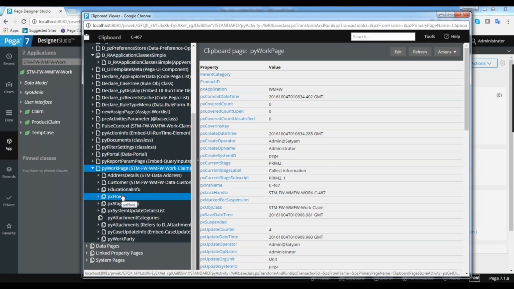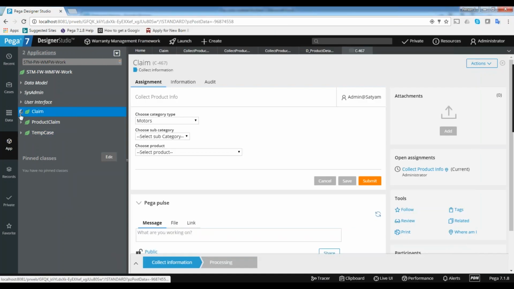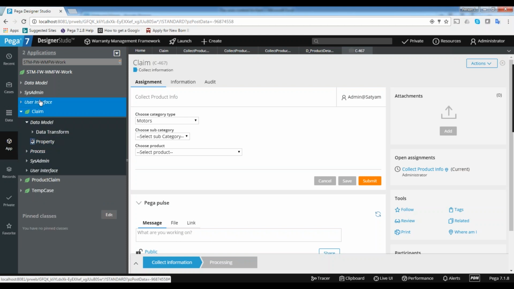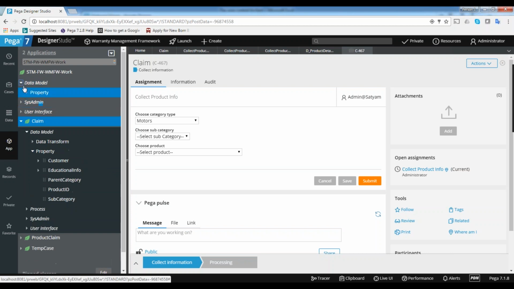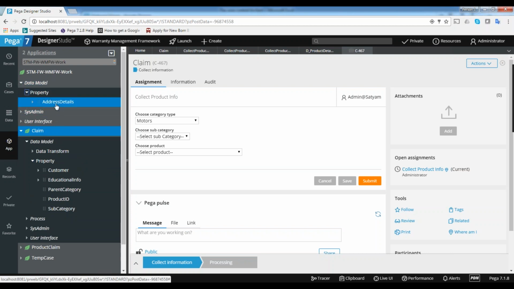So we are embedding address details, customer details, and educational info in the pyWorkPage. You can see the address details. If you remember, I have given this name. If you expand this one, I have created a page property or page list property in the work climb class. You can see customer, educational info, and address is not there. Address is there at the top, but I can inherit this address details from here because this is the parent class for me.